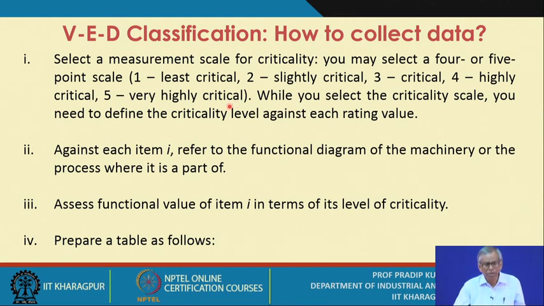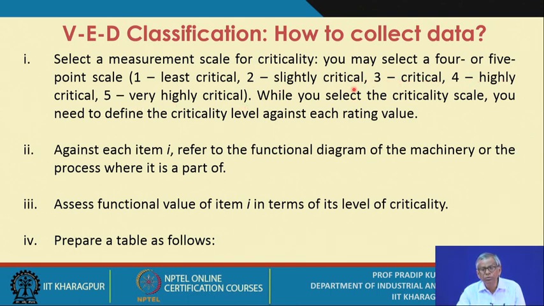You may use a 5 point scale, or you may also use a 4 point scale, but unnecessarily don't go for a 10 point scale. This will make the system more complex, so that is also not desirable. While you select the criticality scale, you need to define the criticality level against each rating value. That means you need to very clearly define, in narrative, what is least critical. So certain sentences you have to write, you have to define in the given context. Similarly, for all other terms which you use,